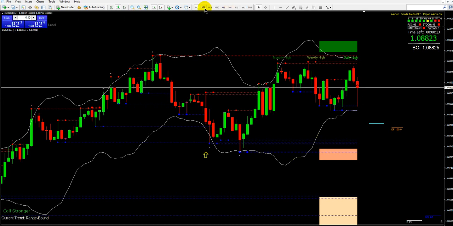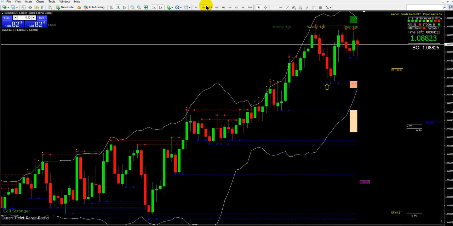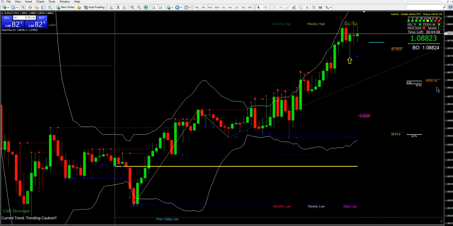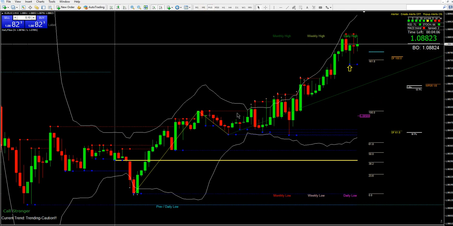But let's go back to 5 and we can check it on the 15. Yeah, you can use higher time frames. On the higher time frame, you can see this is just a straight up trend. I mean, it's a little odd, but the 5 minute didn't show it clearly. The 15 minute shows it clearly. This isn't a straight up trend, but it's in a pretty strong uptrend.